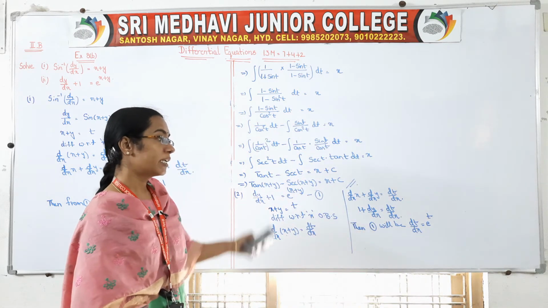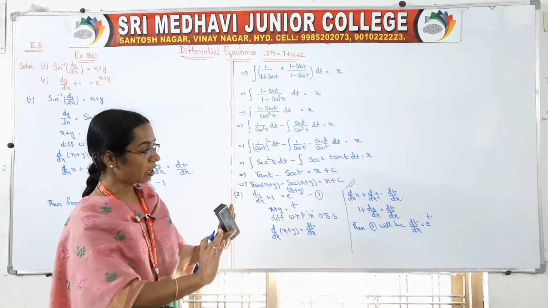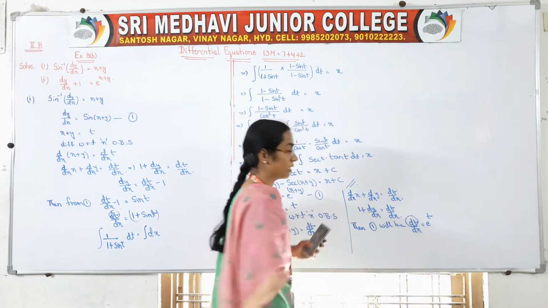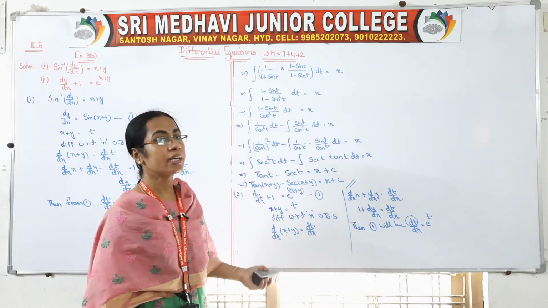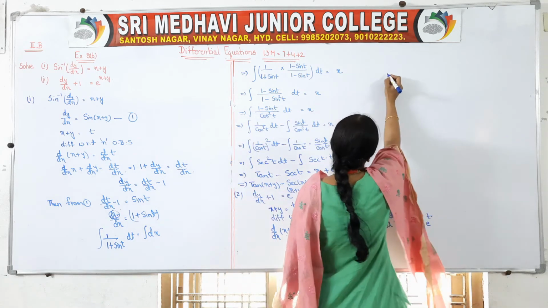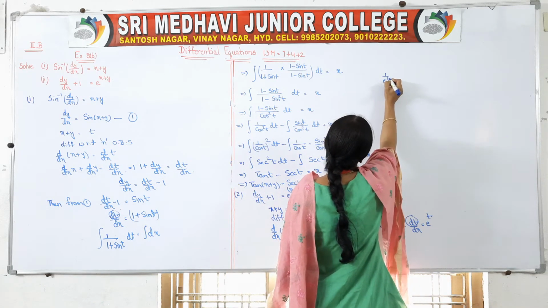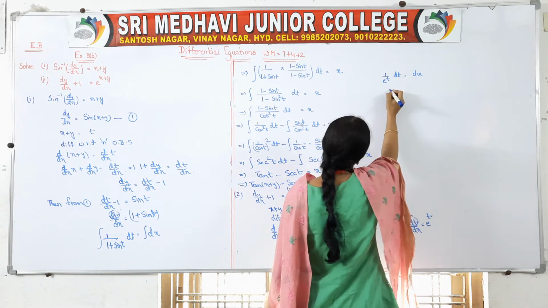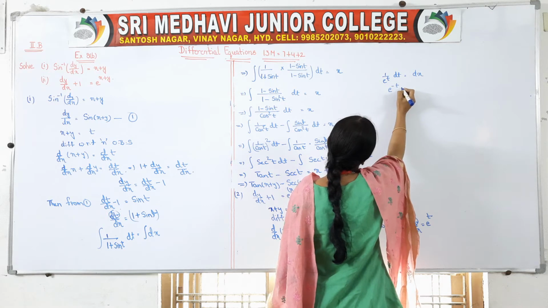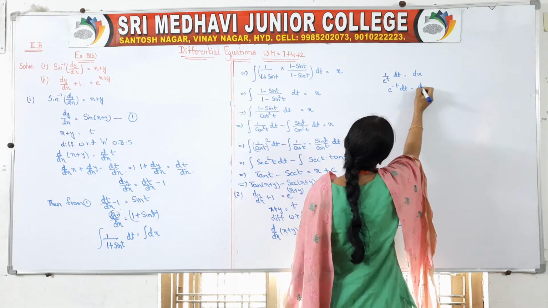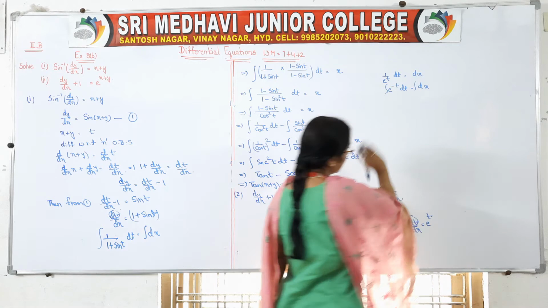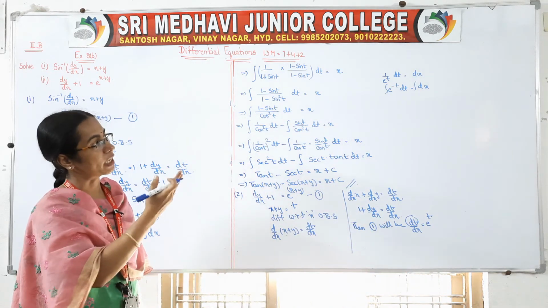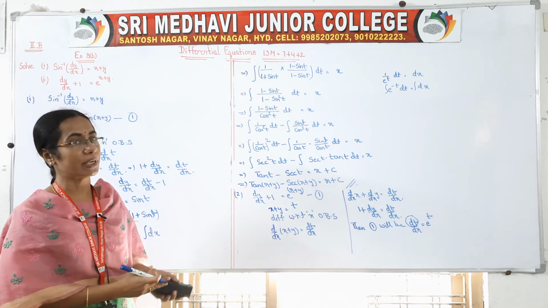Okay, e to the power of t belongs to t terms. So t terms should come along with dt. So that term we have to bring to this side: 1 by e to the power of t dt is equal to dx. So we can write this as e to the power of minus t dt is equal to dx. Once we have separated t terms into dt and x terms into dx, take the integral. Variables are separated here.